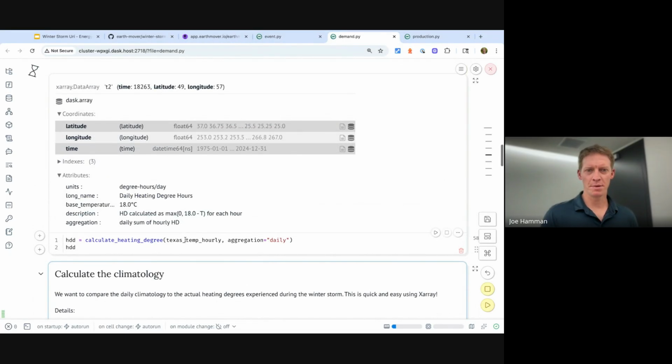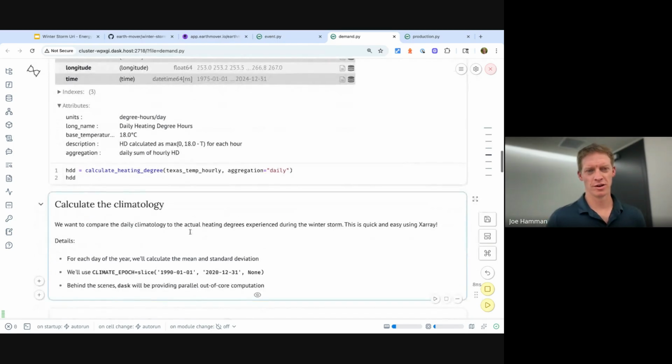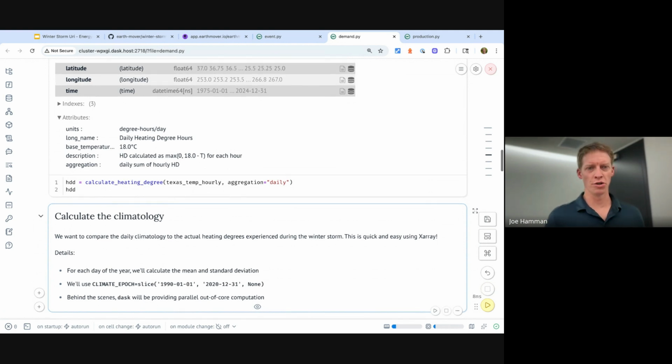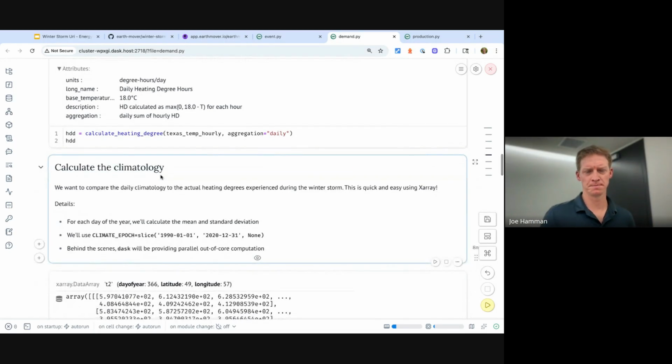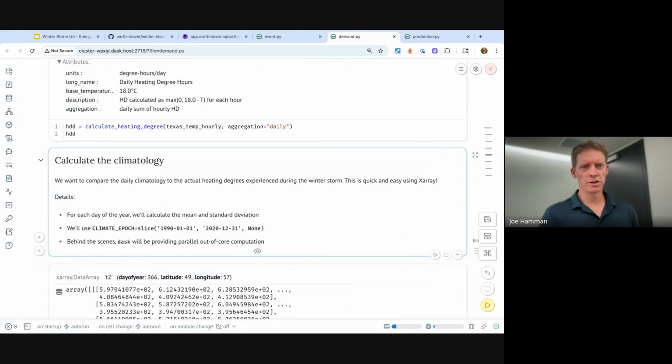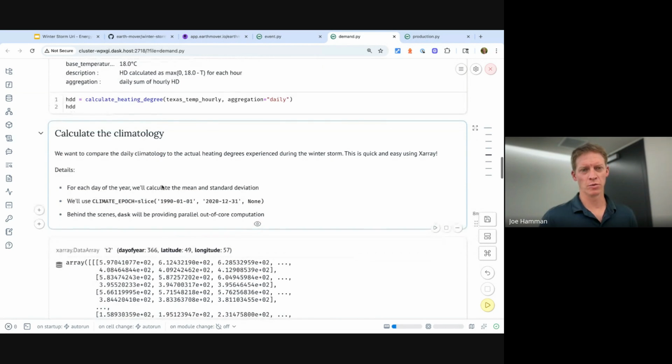And what happened there is we're now building up a lazy query or lazy representation of heating degrees. What I mean by lazy is we aren't calculating the whole thing in this step. We're just building up what the mathematics would be behind the scenes. So what we're going to do to show how extreme this event was is compare the actual heating degree metric with the climatology. So this is the long-term climate mean. And we're going to use the climate period of 1990 to 2020, so the 30 or so years leading up to this event. And this will be our baseline,